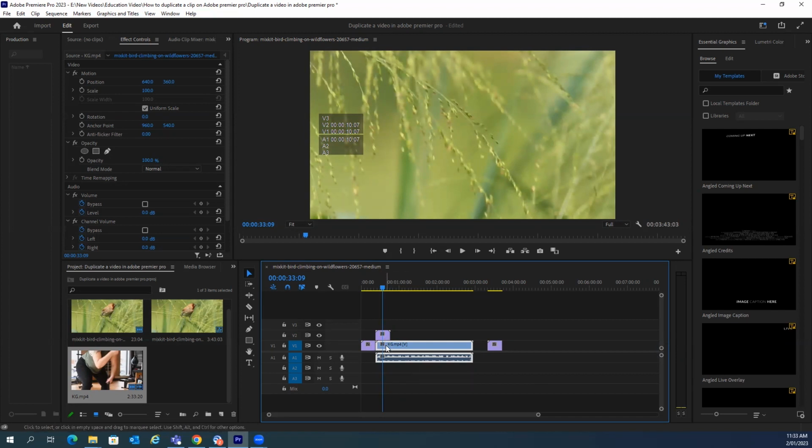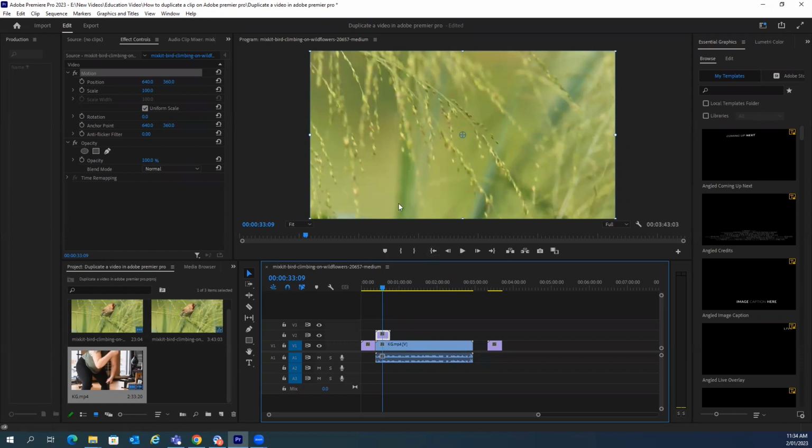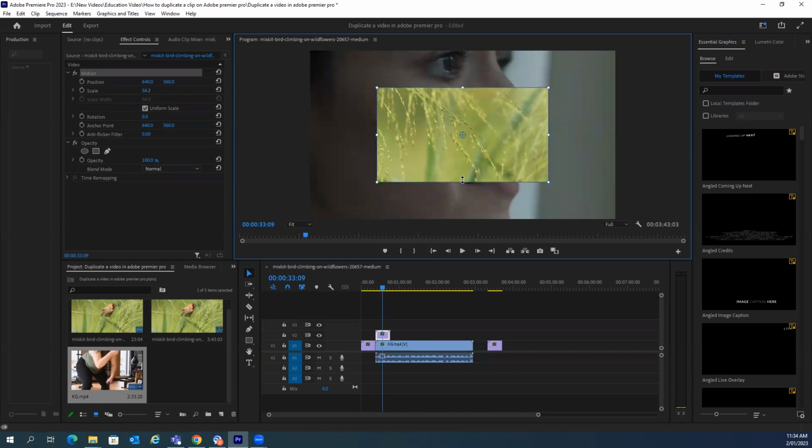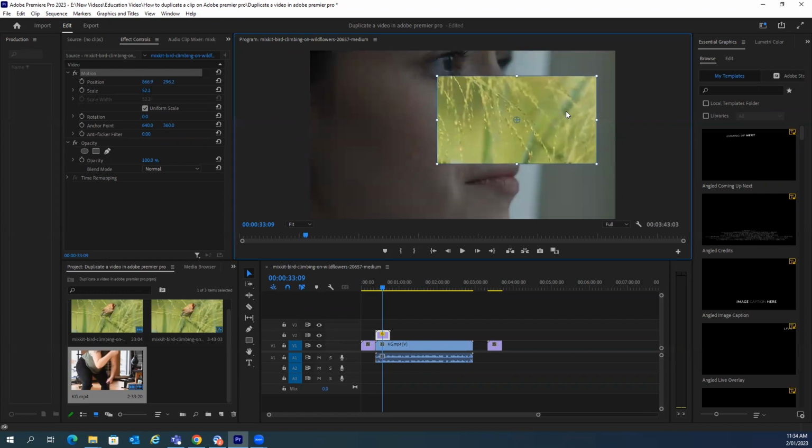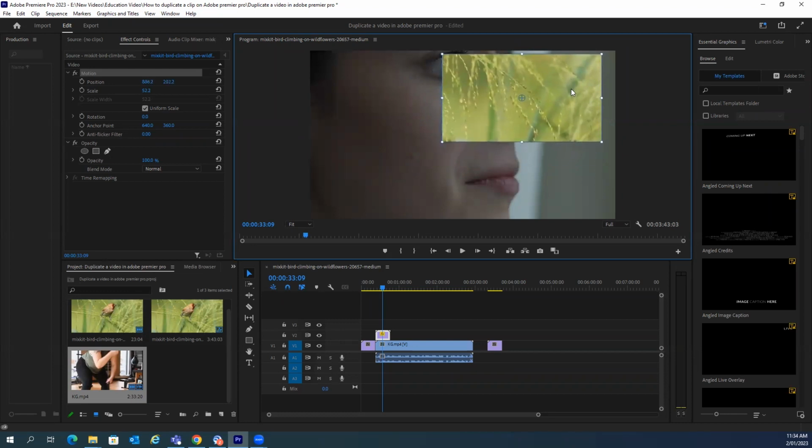So pretty much what is happening is that this clip and this clip are parallel. If you want to run this clip as part of this clip in a smaller window, click this clip first. As you click this clip first, it will highlight that this clip is this one. So if you want this clip to run at the back or as a small window of this, you could minimize this, and probably you could prefer to drag this clip